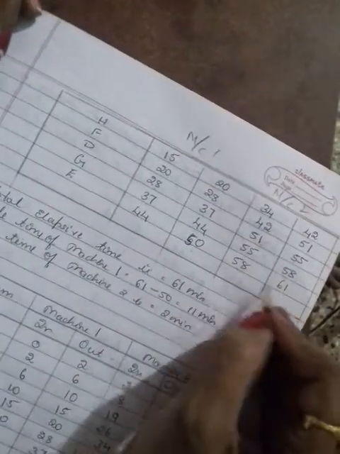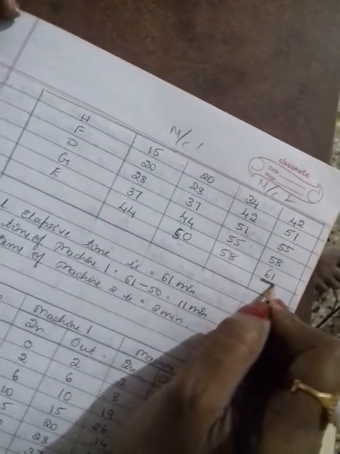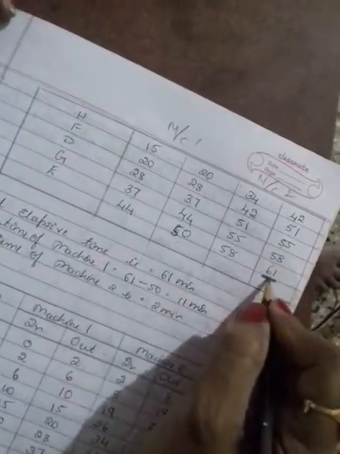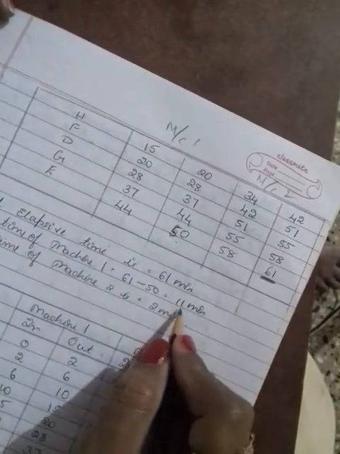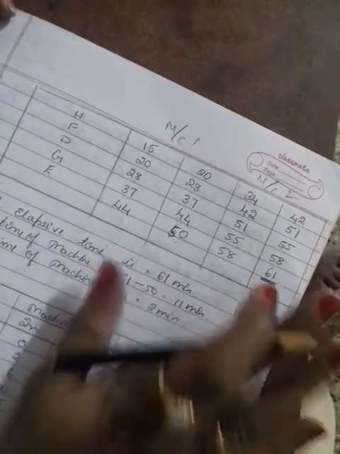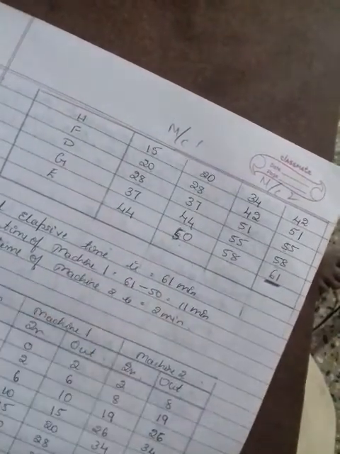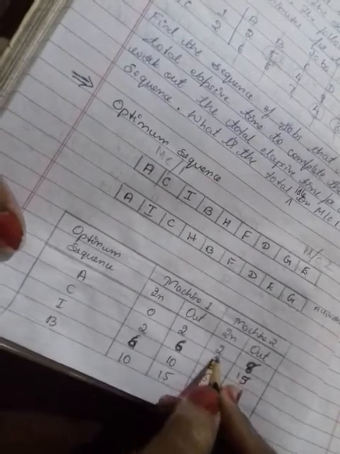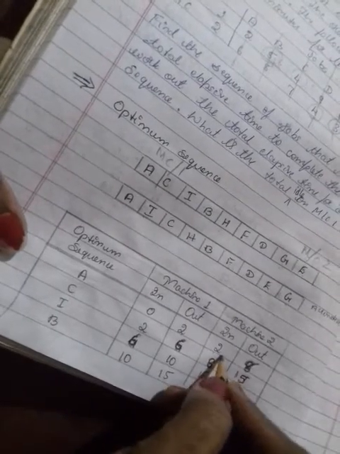But where there is a gap here, until it is complete, it has to wait to take the next process. So 61 minus 50, it has to wait 11 minutes. The idle time of machine 1 is 11 minutes. Now you go to machine 2. Machine 2 idle time is, here at the intake, only 2 minutes. It has to wait for 2 minutes, machine 2. Then find out if there is any gap or not.